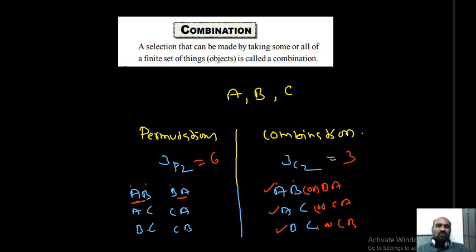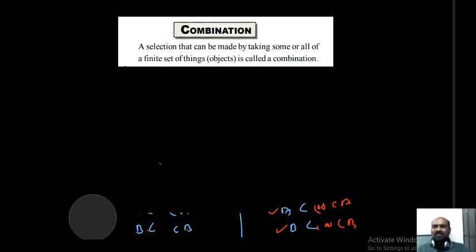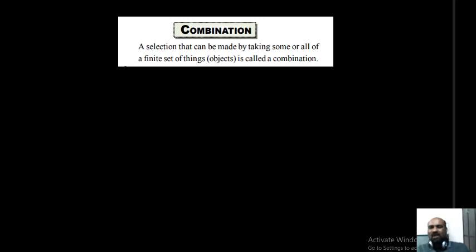So what is the formula for 3P2? 3P2 equals 3 factorial by (3 minus 2) factorial. Similarly, what is 3C2? How to find the formula? That I will explain now. So I think you people understood the difference between permutations and combinations. Permutation means after selecting you want to arrange in a row or around a circle, whatever it may be. Generally, first of all, you need to use linear permutations.